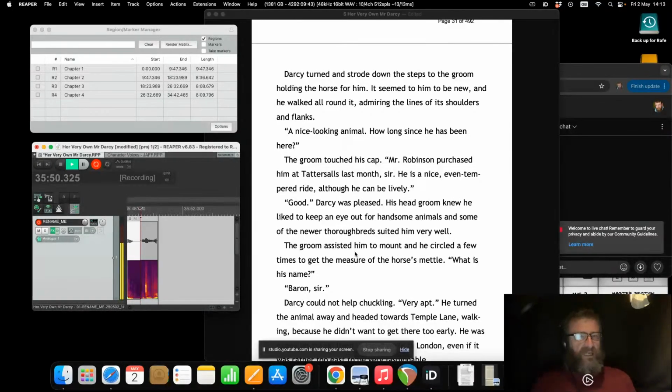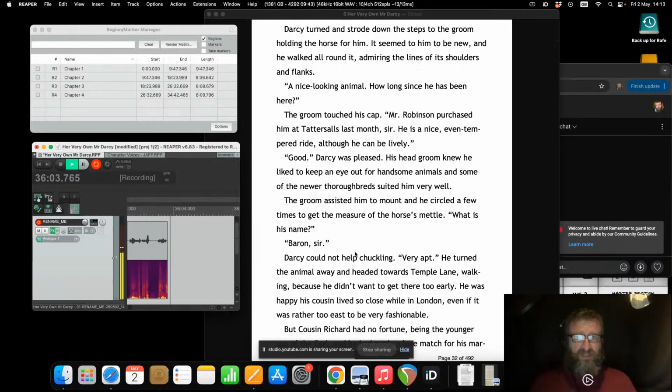It seemed to him to be new, and he walked all round it, admiring the lines of its shoulders and flanks. A nice-looking animal. "How long since he has been here?" The groom touched his cap. "Mr. Robinson purchased him